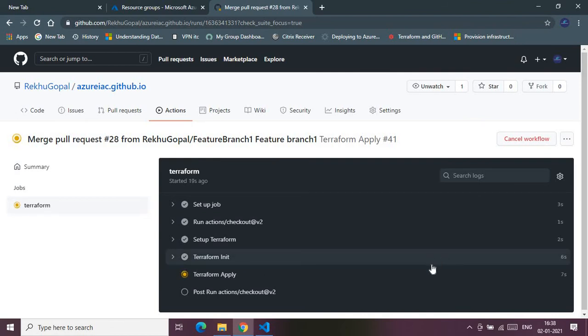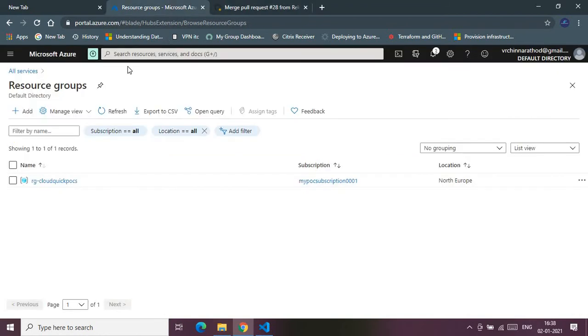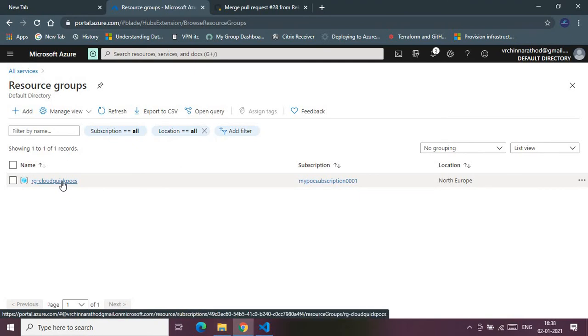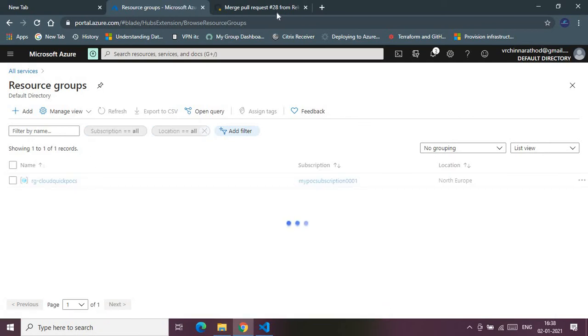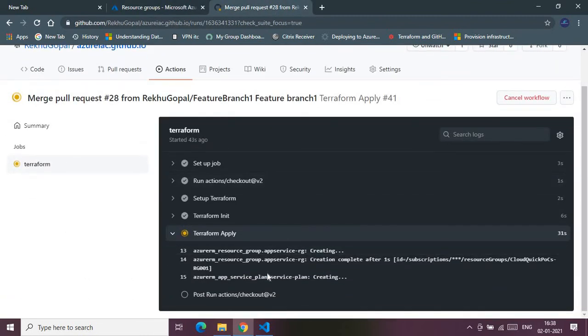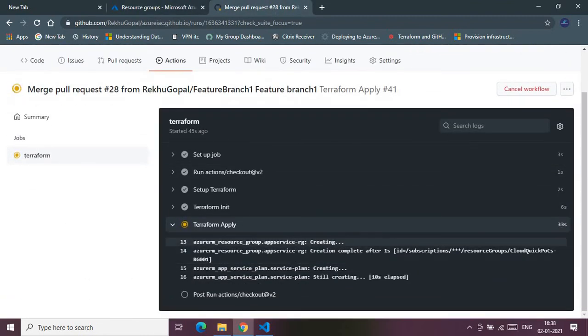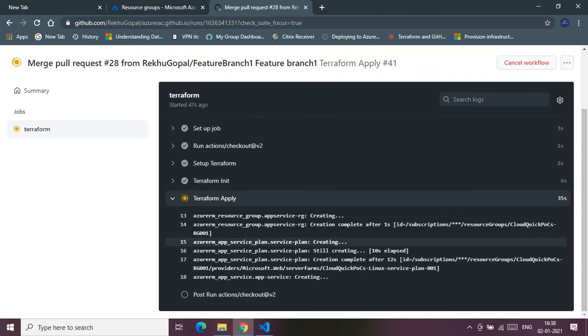We need to wait for some time so that it can create the resources successfully. Once the resources are created, I will show you. So let me again quickly walk you through. Here you go, this is my subscription. As you see, there is no other resource group than this one. This is my state file resource group, which contains a storage account, and inside the storage account I'm keeping my Terraform state files. So that's the reason this RG will always be there, whereas the new RG should be created now once this Terraform apply gets completed.